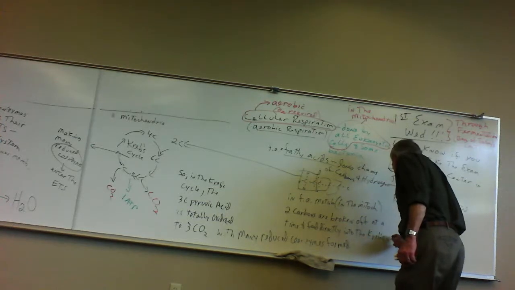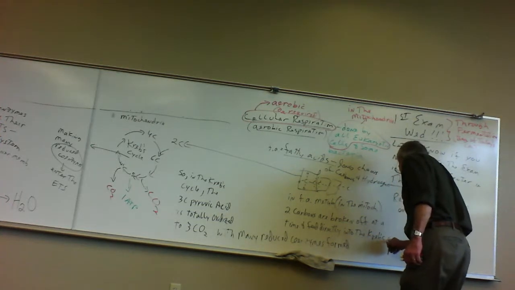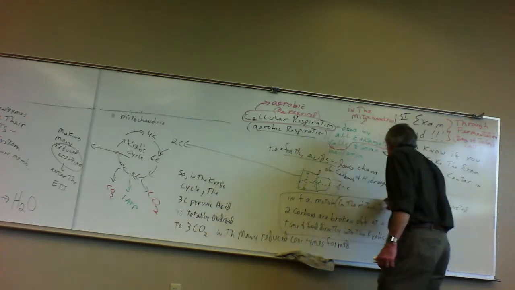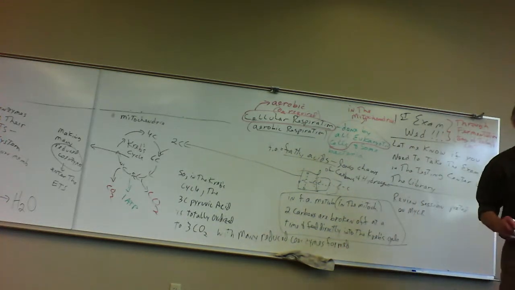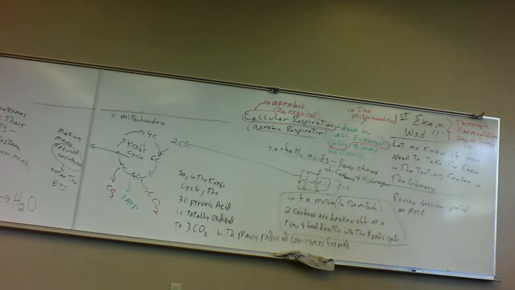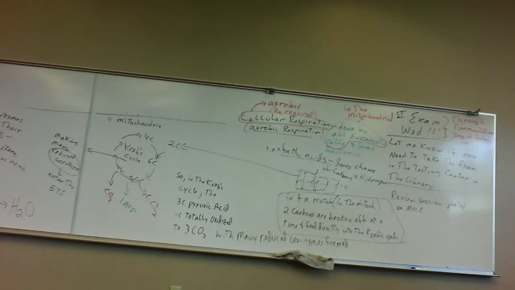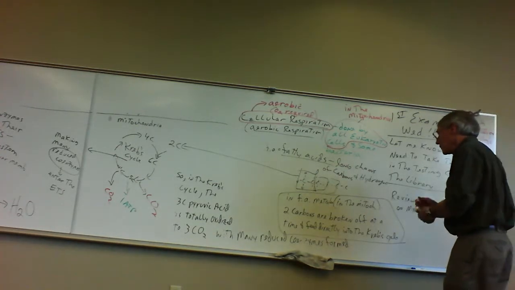So when cellular respiration is happening with fatty acids instead of glucose, does it only make 34 ATP? No. We're going to get more. Actually, it turns out we're going to get more. But don't worry about the details. The reason why it's a good deal is that, and I'll put this,